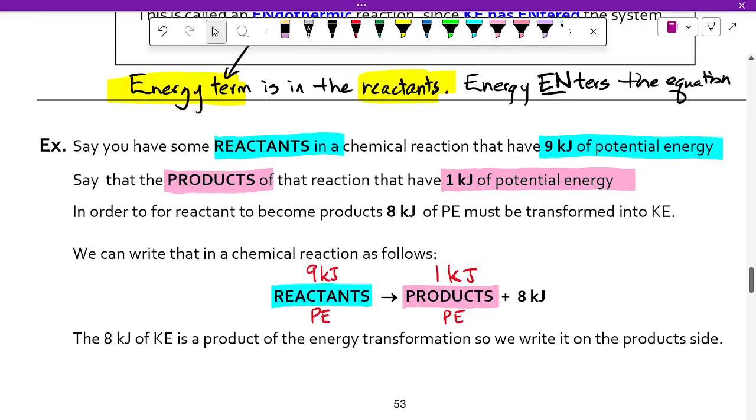So for the kilojoules to be equal on both sides, we need an extra 8 kilojoules on the right-hand side. What kind of energy is that going to be? That is kinetic energy. So what has happened is we've transformed some of the potential energy